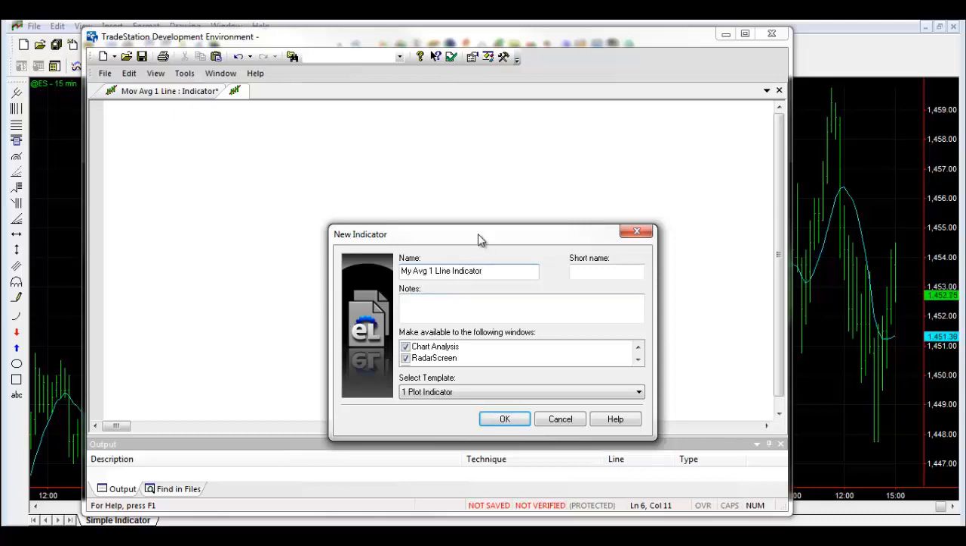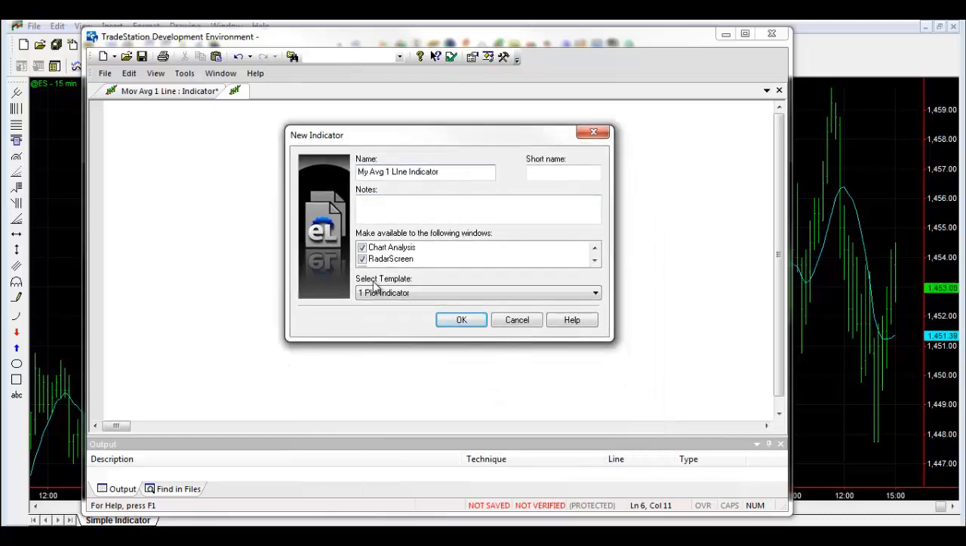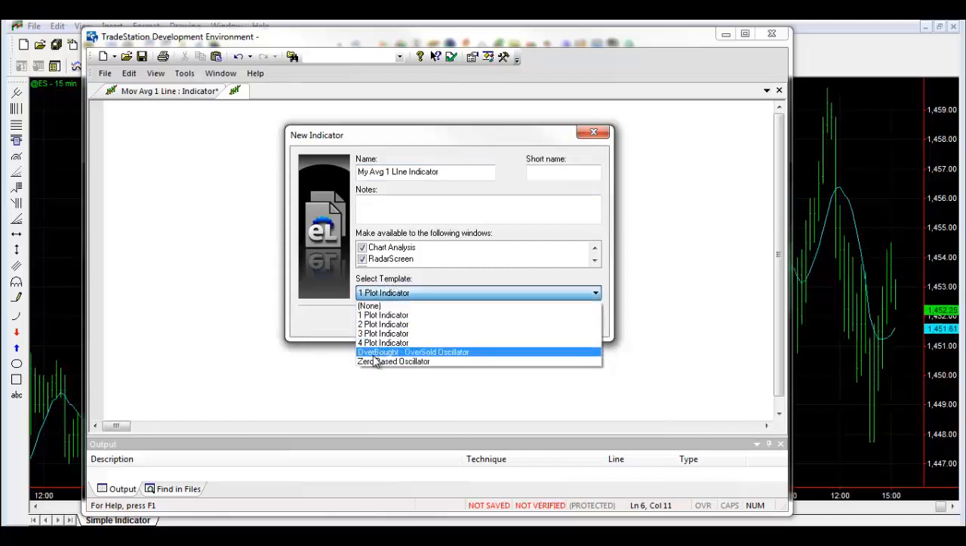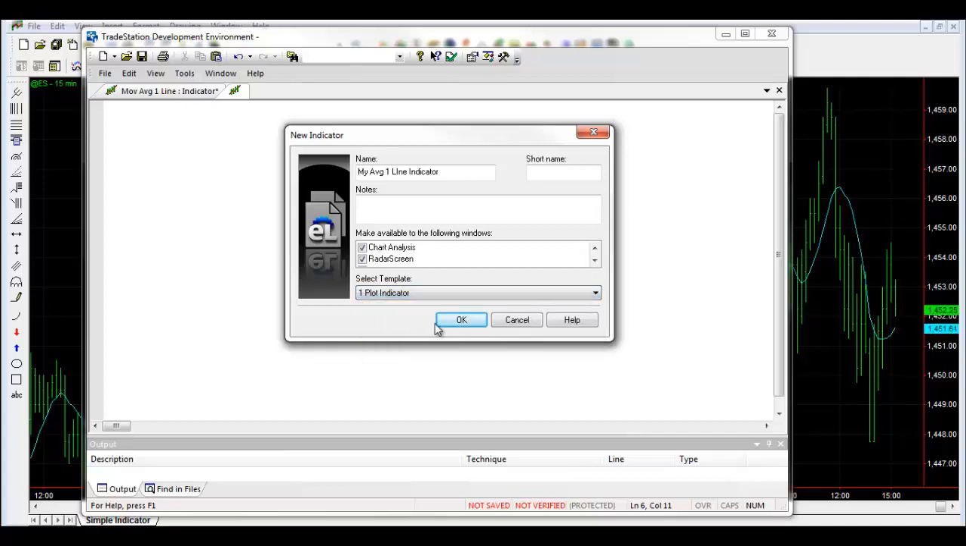Okay, and then here we have the option to use a template that Tradestation provides for you. There's several different templates that you can choose from. We're not going to go into details on these. We're just going to select the single plot indicator, select OK,